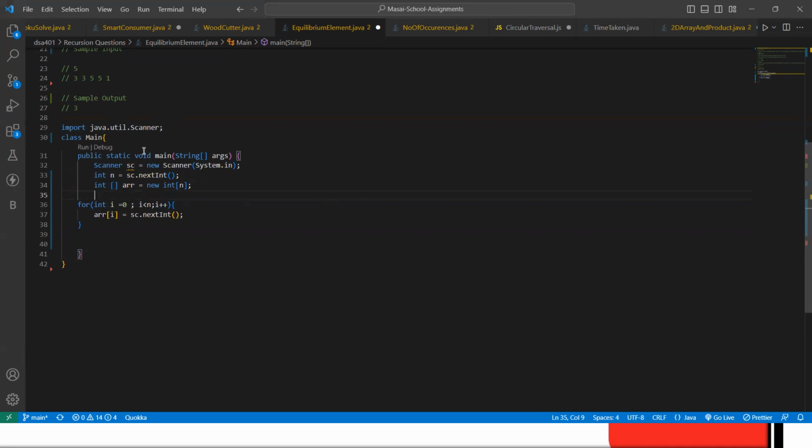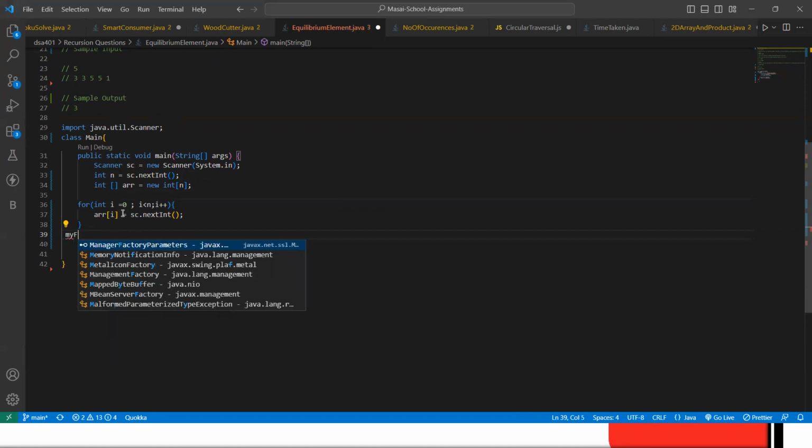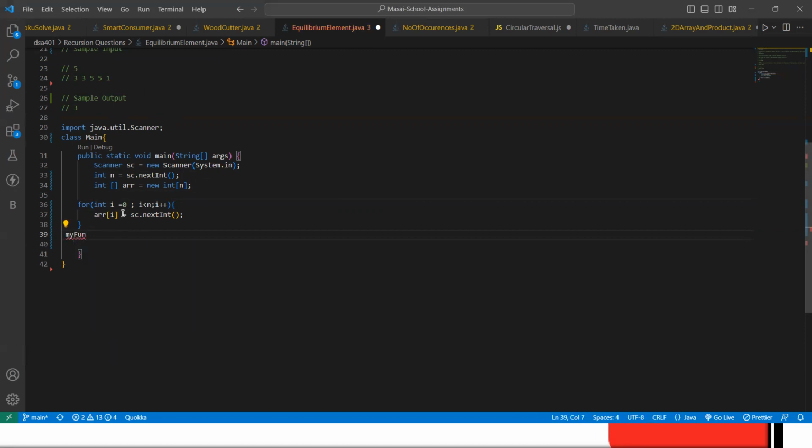After that, I am creating a method for finding the equilibrium element. The name of the method is myFun. I am passing in our array and the length of the array.